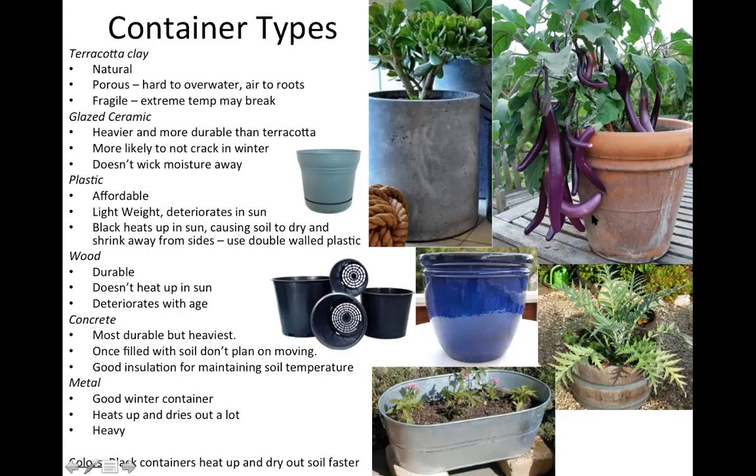So it says, do you think concrete planters are okay for full sun? I think so. I know concrete pads will absorb a lot of heat, but, to be honest, I don't have a lot of experience with concrete